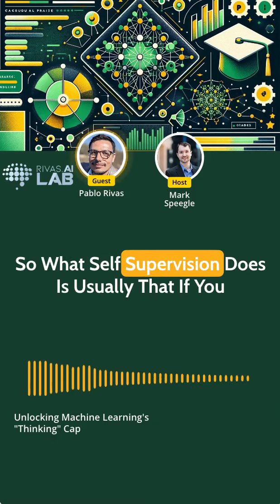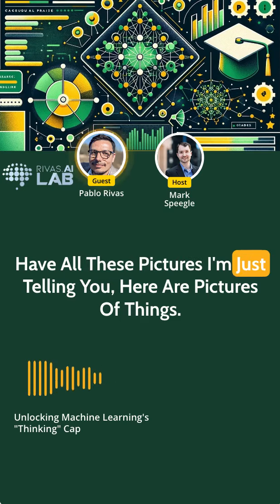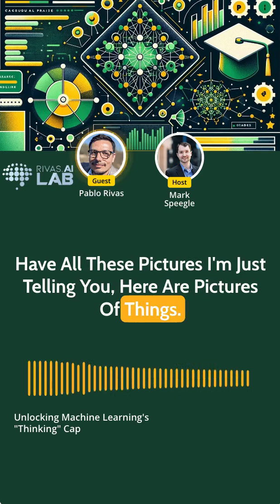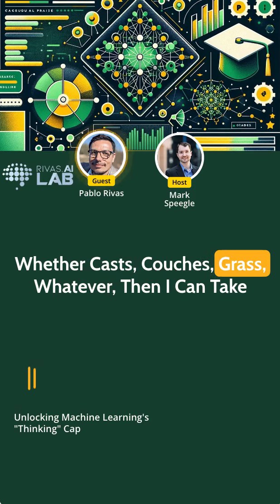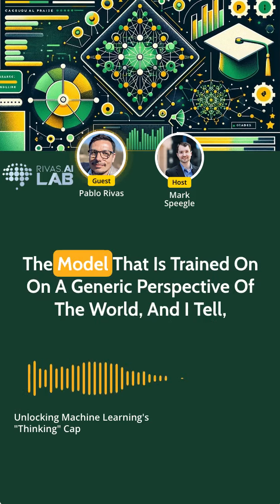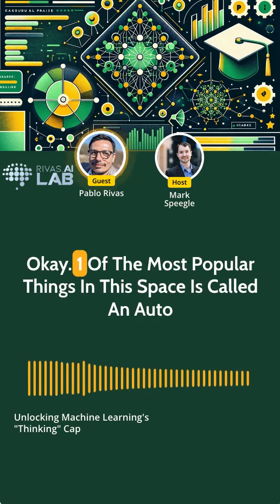So what self-supervision does is usually that if you have all these pictures, I'm just telling it, here are pictures of things. Learn about things. And once it got really good at learning about things, whether cats, couches, grass, whatever, then I can take that model that is trained on a generic perspective of the world, and I tell it,